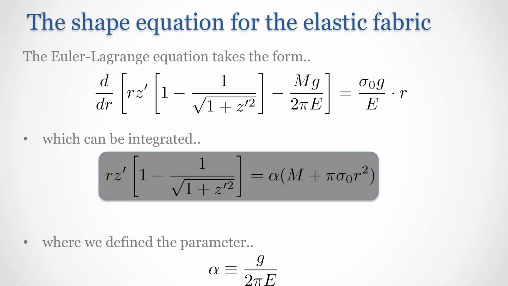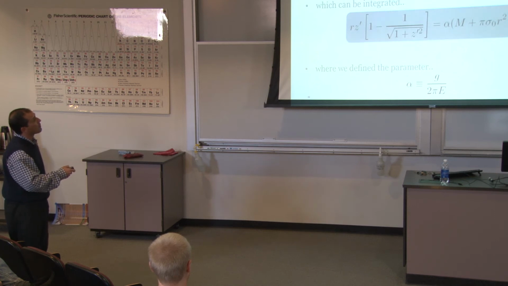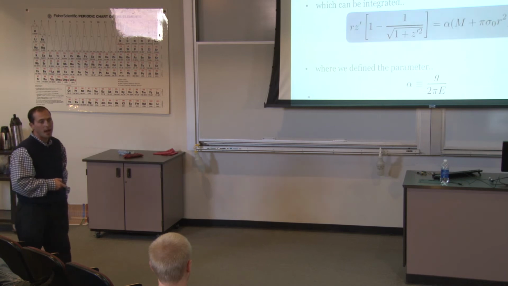And here it is. Last year, when Michael considered this, he got exactly this without this term on the right-hand side. Luckily, by including the gravitational potential energy of the spandex surface, I can still integrate it the same way Michael did. So this is a derivative with respect to r of this whole thing, equal to this right-hand side, which is just a function of r. I can multiply by dr and integrate. When I do so, I set the constant of integration equal to 0,